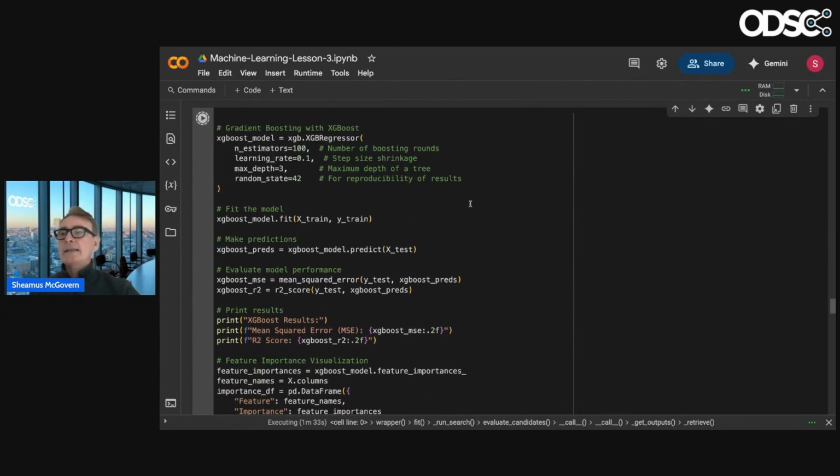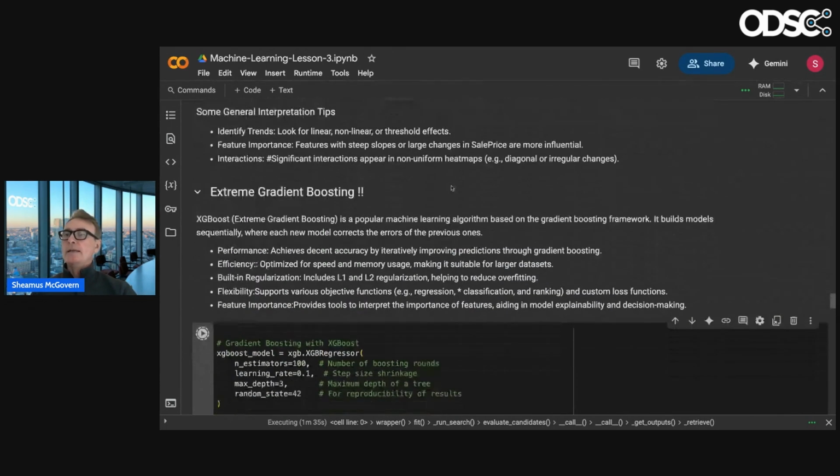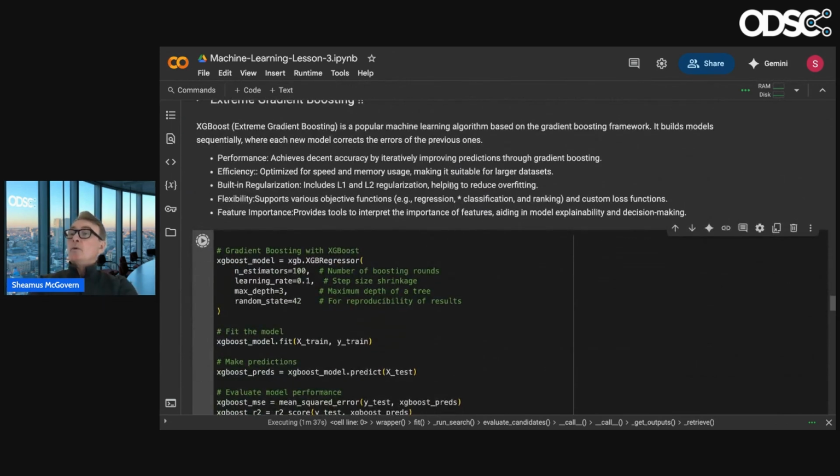So while that's running, let's talk about gradient boosting, which is, again, one of the most popular models out there. Gradient boosting is an ensemble technique. It can take some weak learners, weak results with high loss function and low accuracy, and combine those together.